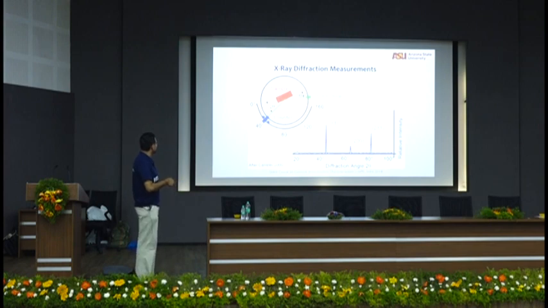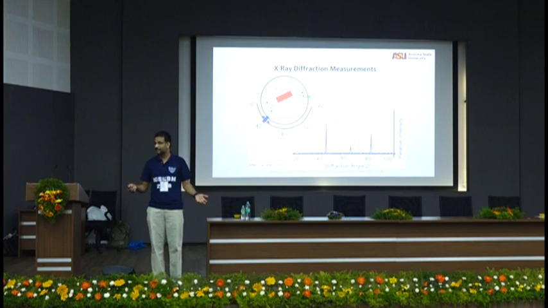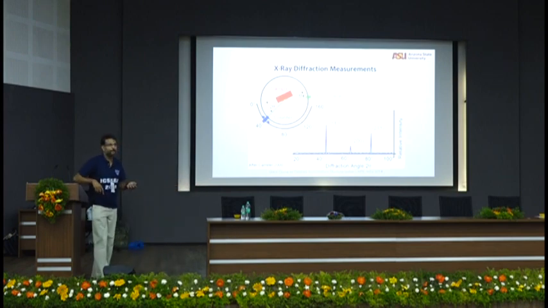But basically, you put a sample, the X-ray beam comes in, and you keep rotating the sample. Theoretically, you can rotate it to 360 degrees, but that doesn't make sense, because if you have a homogeneous sample, anything more than 90 is wasting time, right? So you can go from 0 to 90, and typically it takes a lot of time if you have to do it slowly so that you can get really nice signals.